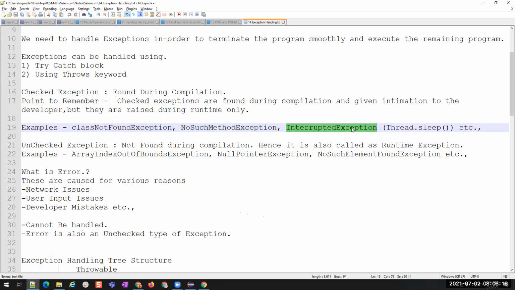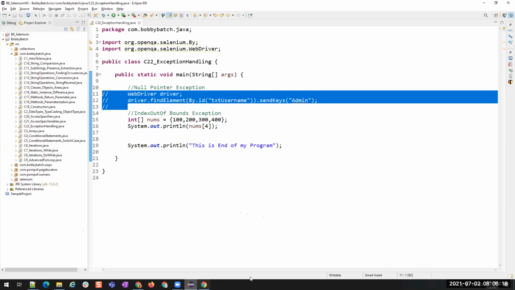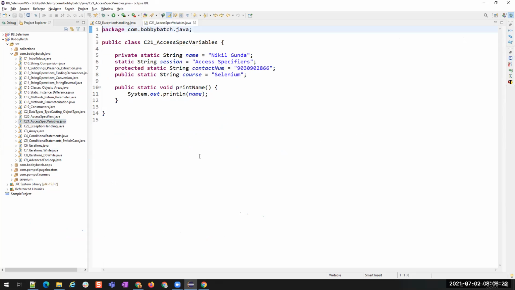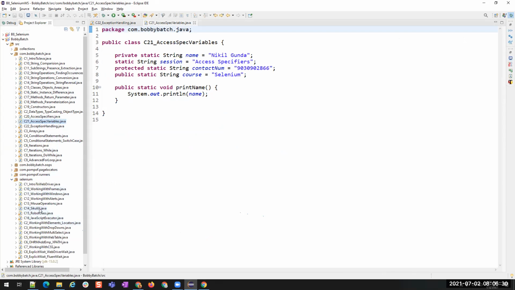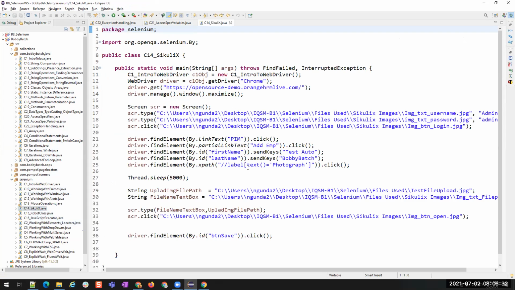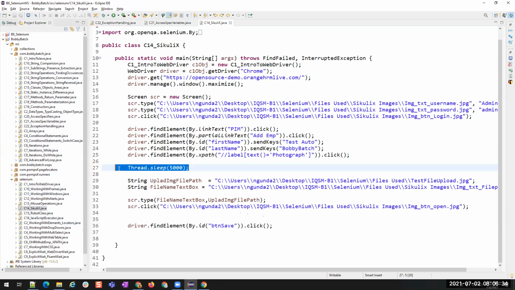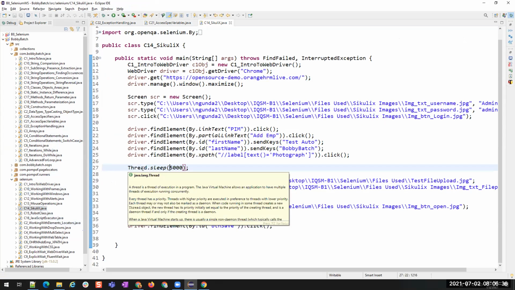InterruptedException, this we have seen with thread.sleep. If you remember, where did I add those thread.sleeps? Somewhere I added, right? On Selenium. Yep. You see here, thread.sleep. This will also throw an inbuilt exception.